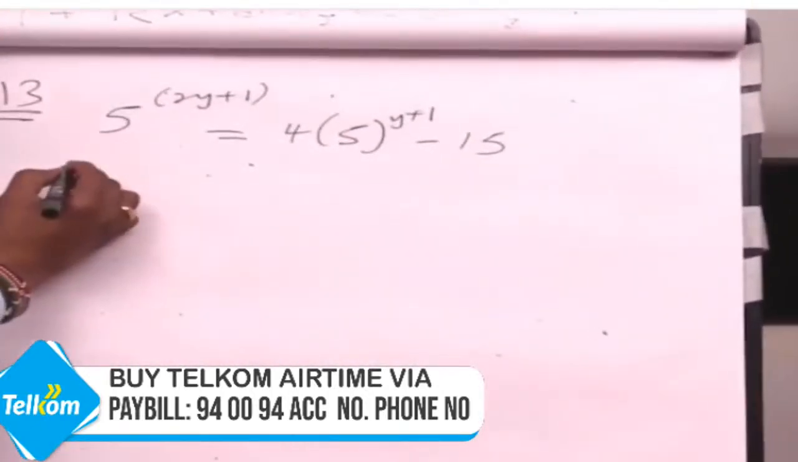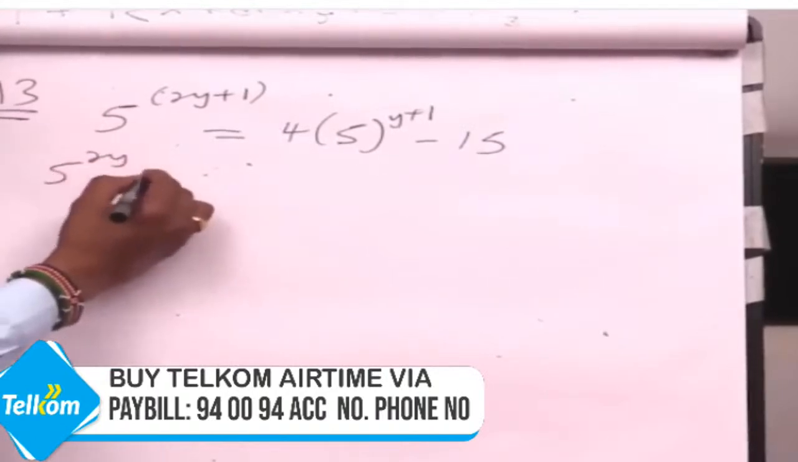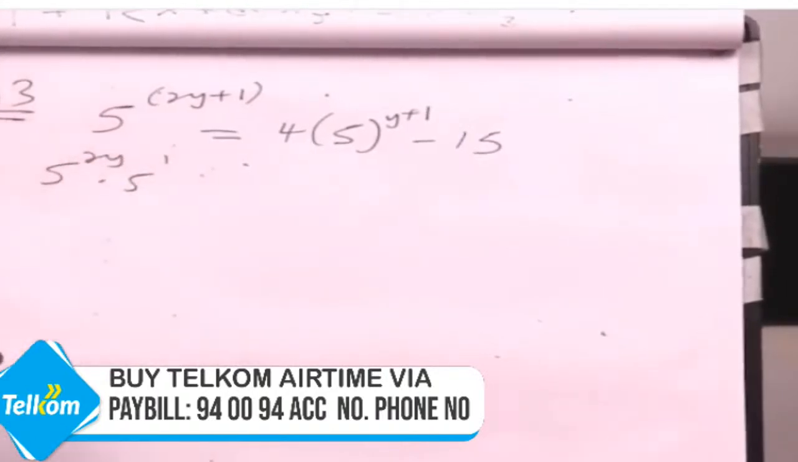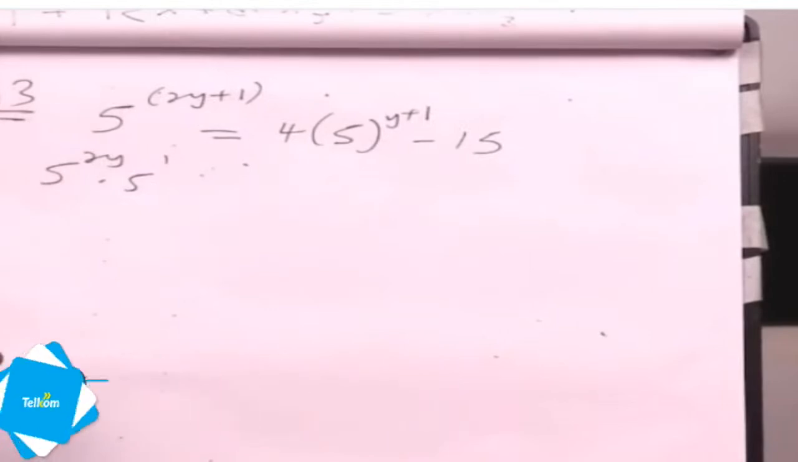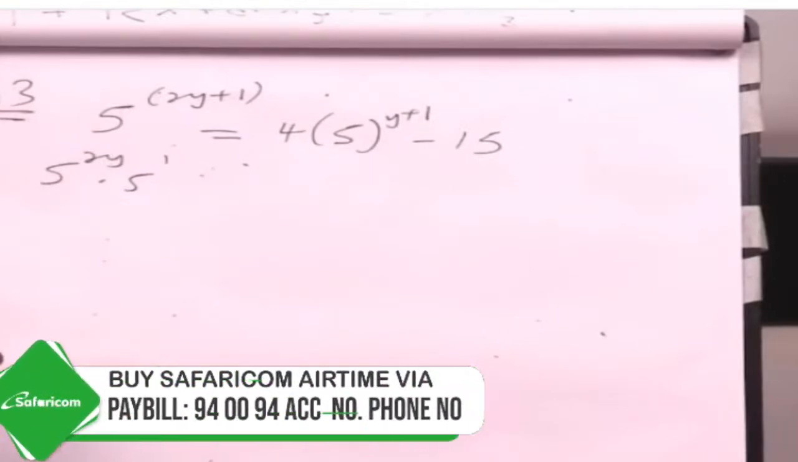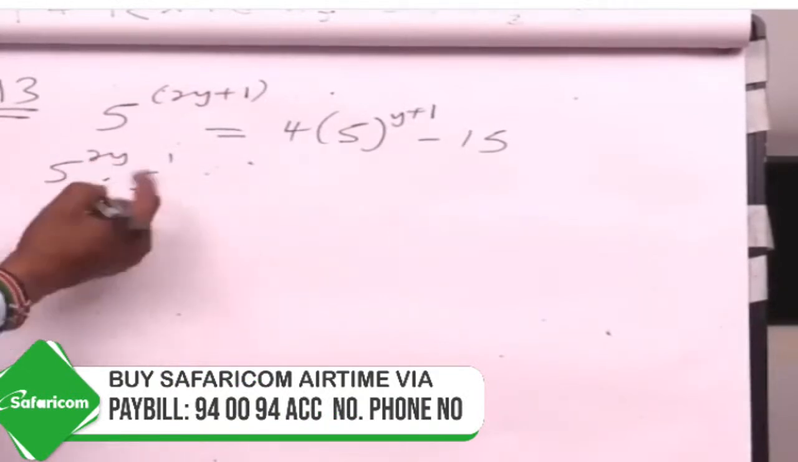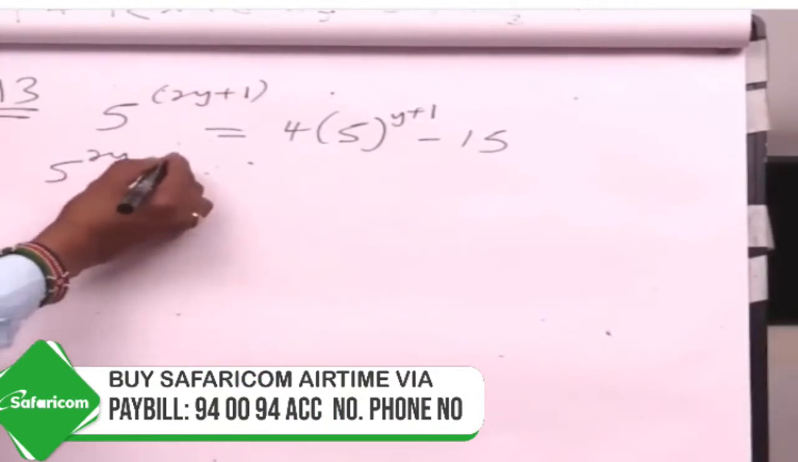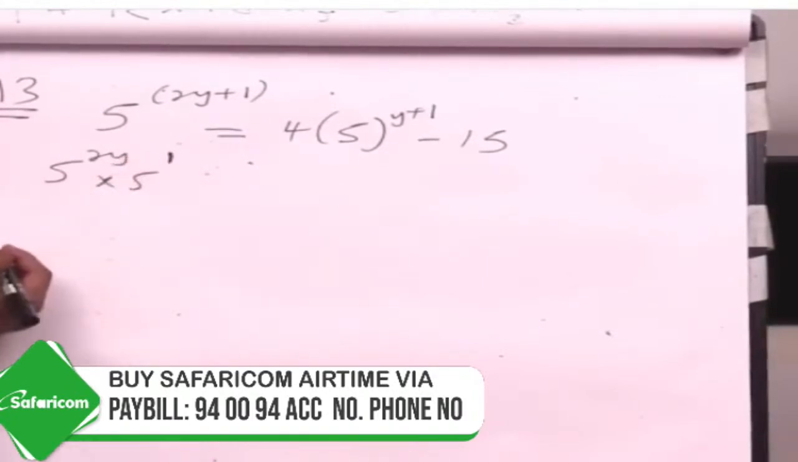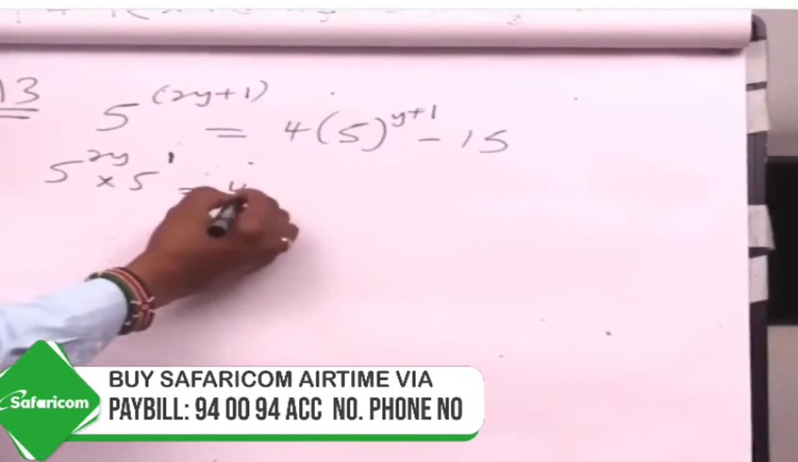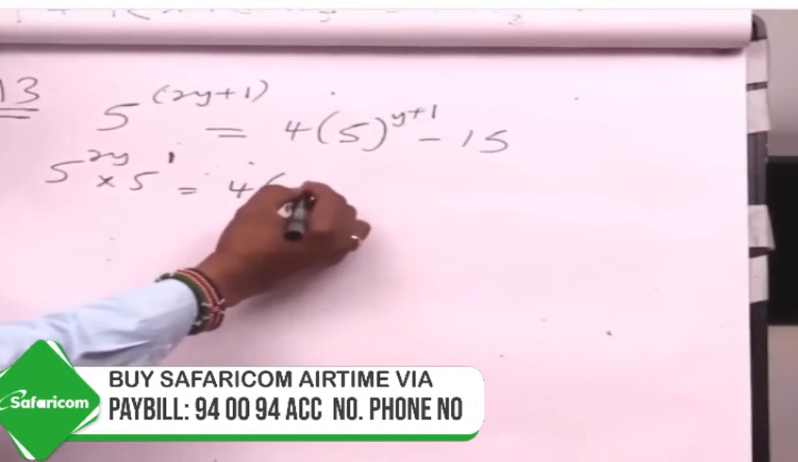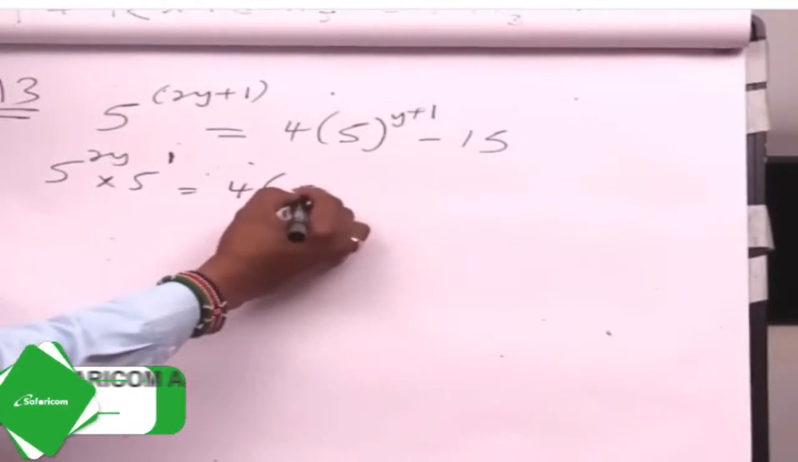When you open up, this becomes 5^(2y) times 5 raised to power 1. These are by laws of indices. This 5^(2y+1) means 5^(2y) times 5 raised to power 1 equals 4 times 5 raised to power y times 5^1